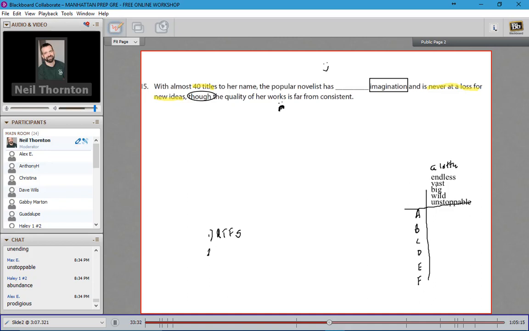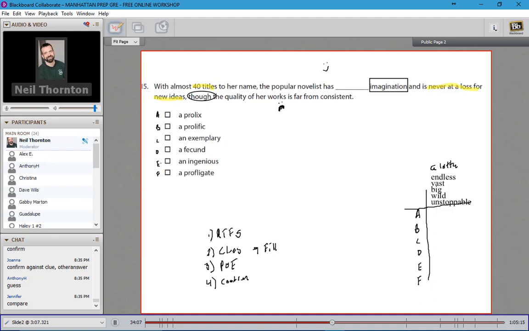So we analyze our clues and we use that to fill in our own word. Step 3 is what? All right, process of elimination. All right, and step 4 is going to be what? I just want to get the steps on the page first. All right, we're going to confirm. Excellent. All right, so read the sentence. All right, so we did step 2, use clues to fill in. Now here we go. All right, cool. So